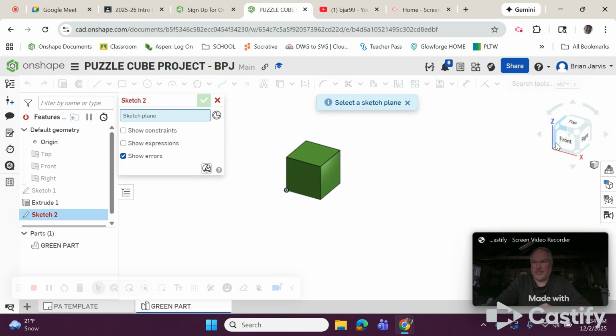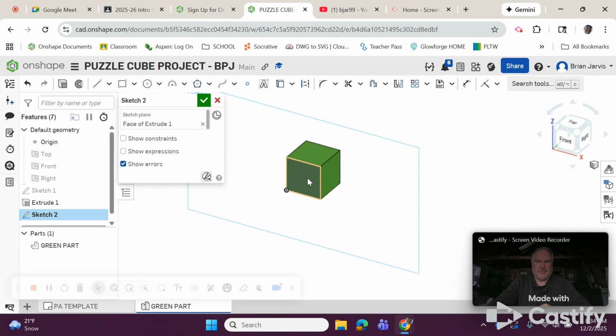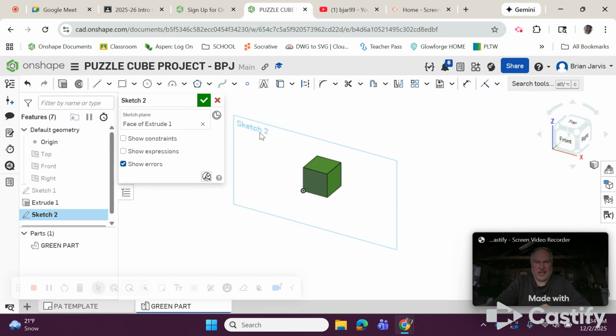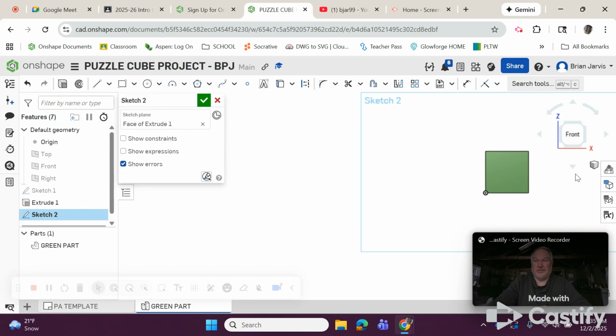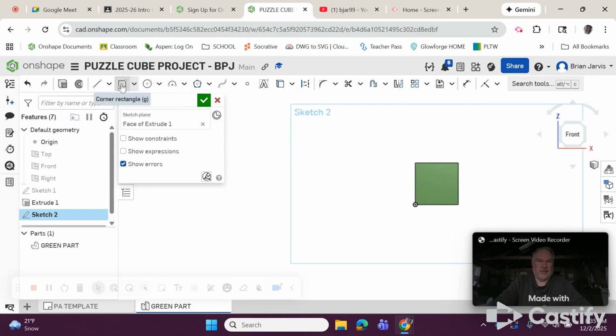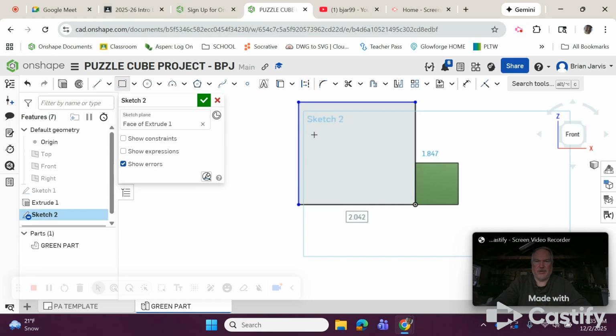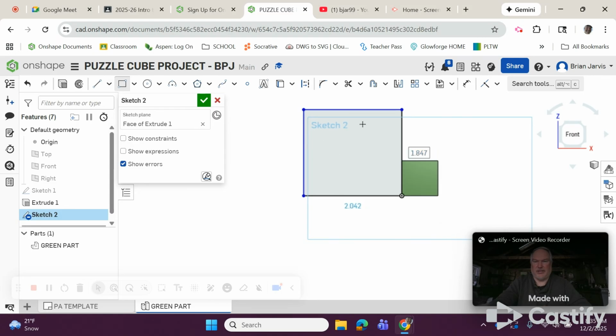I can tell it's the front because I see the view. Front. Now notice it's going to be sketch 2, because it's the second sketch, on this face right here. I'm going to look at it from the front. Now my part has 4 more cubes. I'm going to pick right on this corner, and I'm going to make it, it's actually 4 by 4. So I just made a rectangle, made sure it touched that corner there, and I'm going to dimension that to,